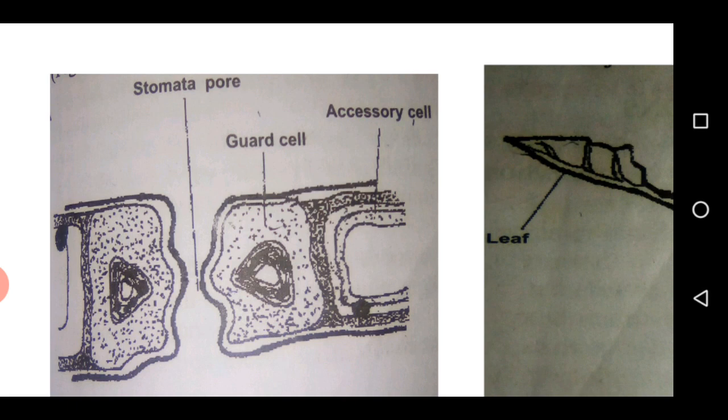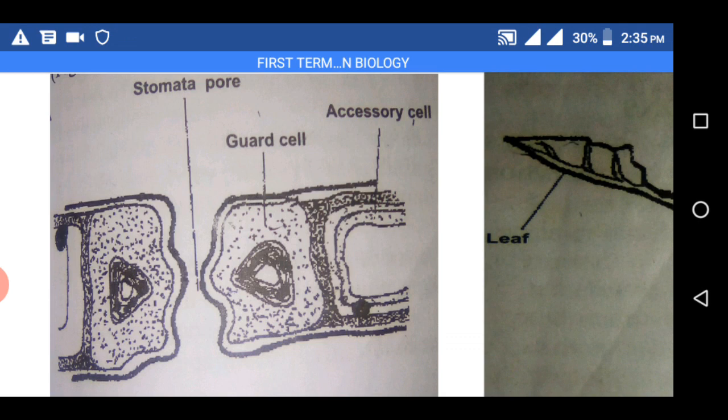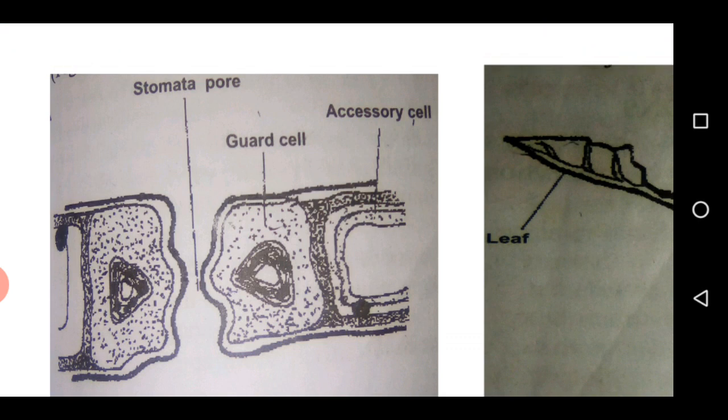At the gate of each stomata pore, there is a guard cell. You can see the location of the guard cell. That is a gate mark that is responsible for selective absorption. It is permeable to materials, but the material that it permits must be selective, not just any material. So there is a selection of material by the guard cell. It guards the stomata pore. Then the subsidiary cell. Hope you can see all this.